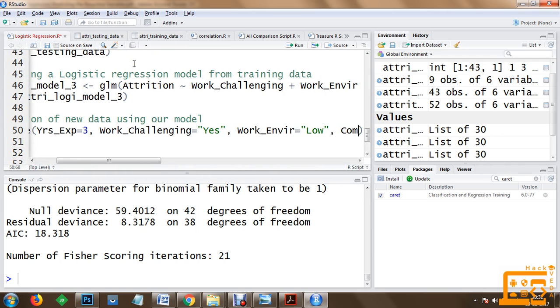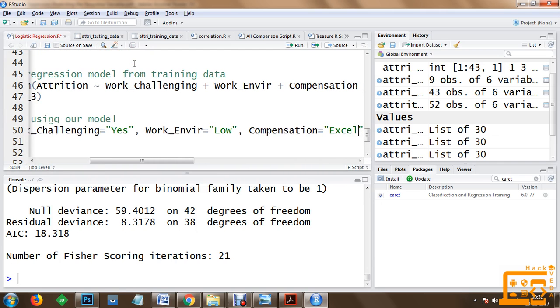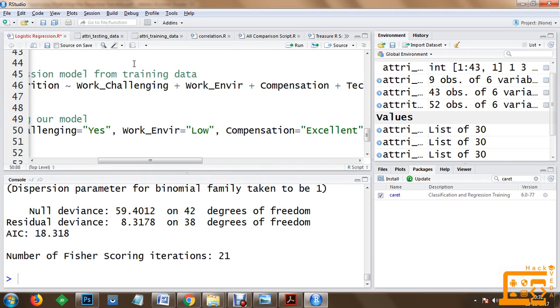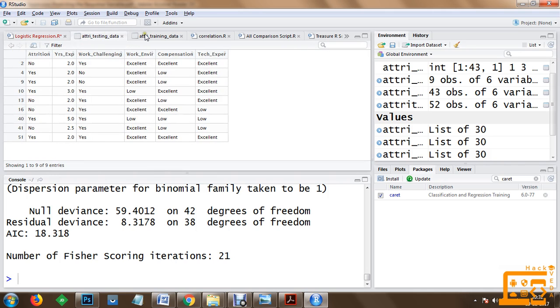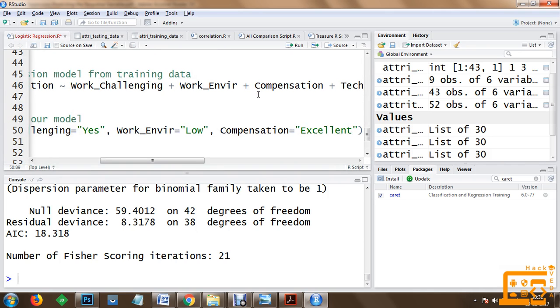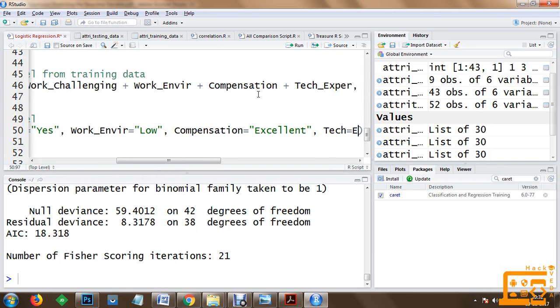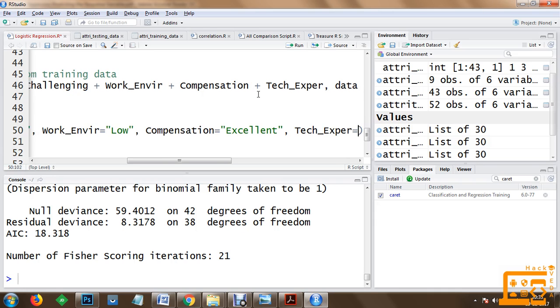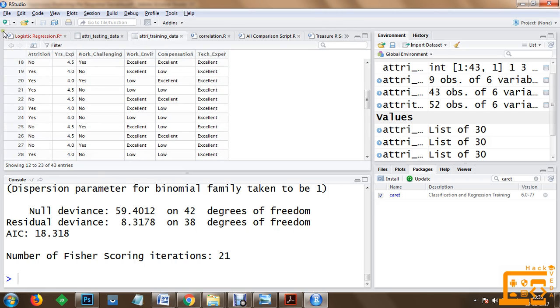Then we are going to specify the information for compensation. Let's say compensation is equal to excellent. Compensation is one of the factors which was considered. The final information is technical experience, and let's say technical experience is equal to excellent, if someone has a high excellent.